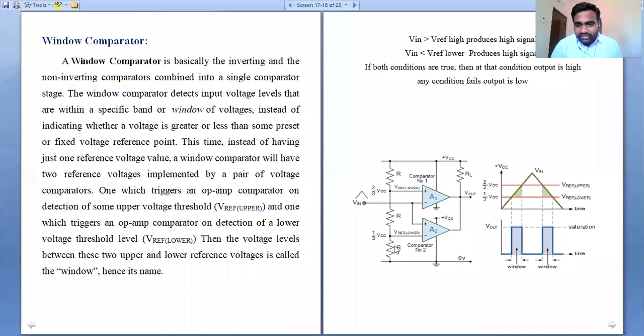Here there is a potential divider circuit with R1, R2, R3. These three resistances have the same rating, which is why they are represented as capital R. With respect to the ground terminal, this terminal has a voltage of 1/3 VCC, and this terminal of the second resistance has 2/3 VCC. And at the top we have 3/3 VCC, that is, the full biasing voltage as a reference voltage.